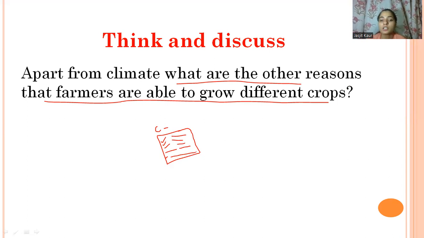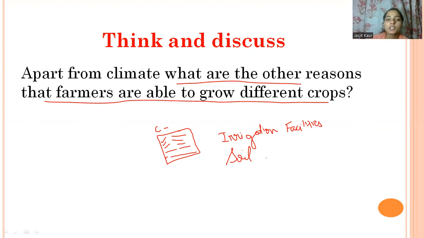Yes, very good. So one thing is the irrigation facilities. If there are good irrigation facilities available in that area, we can grow different crops on one particular land. And apart from irrigation facilities, as some of you have written about the soil, that can also be one reason: if the soil is more fertile, then we can grow the crop easily in those areas. Okay, so apart from soil,